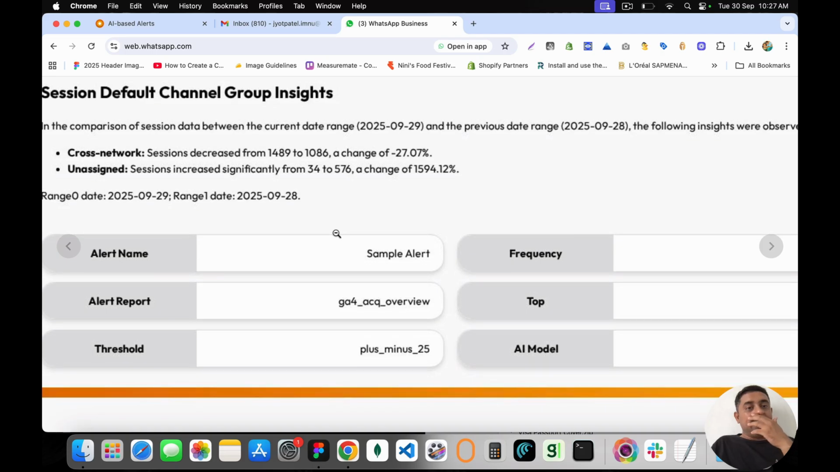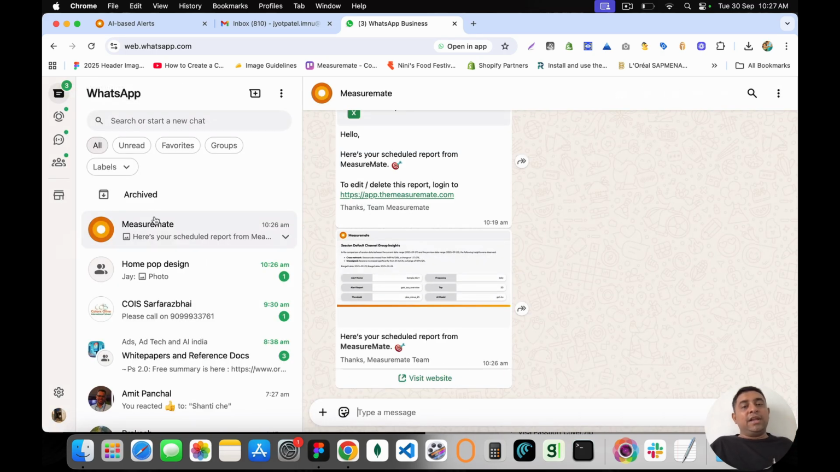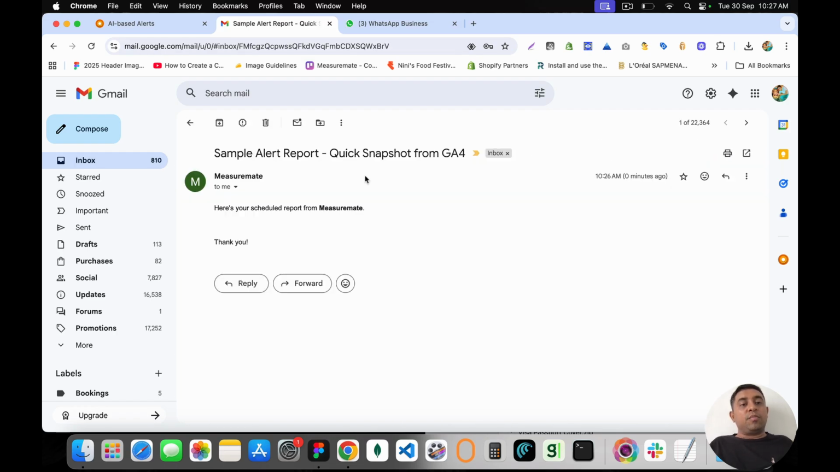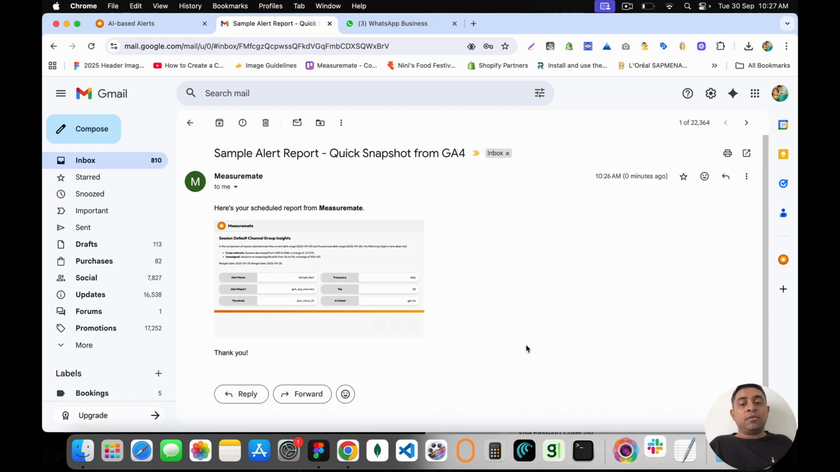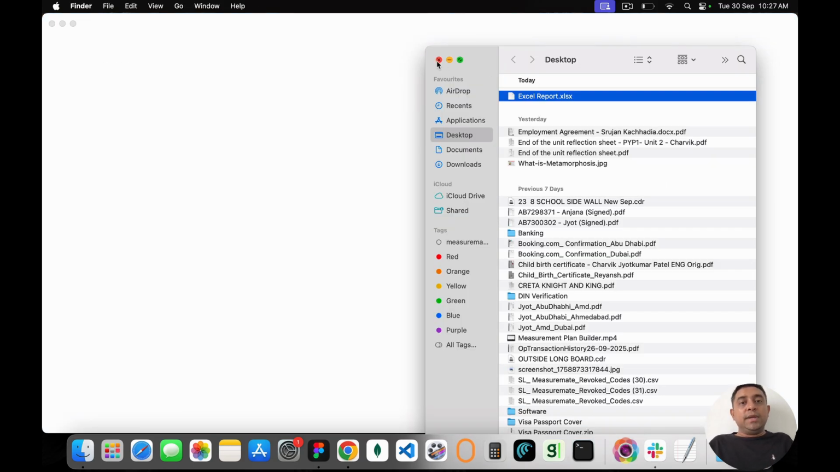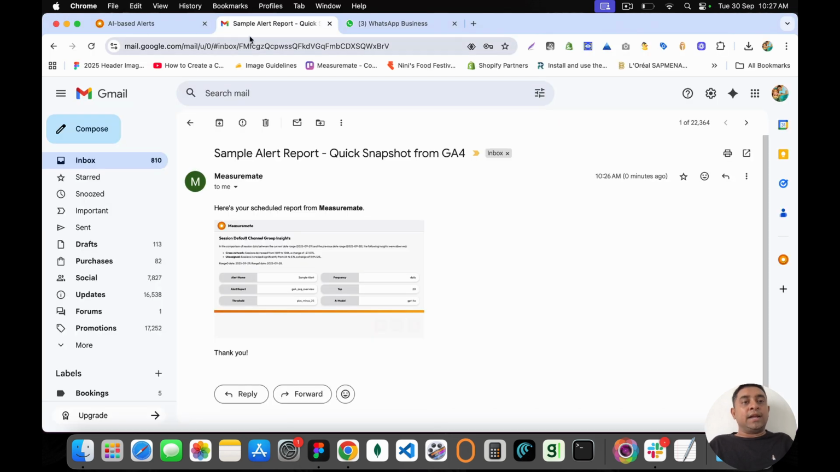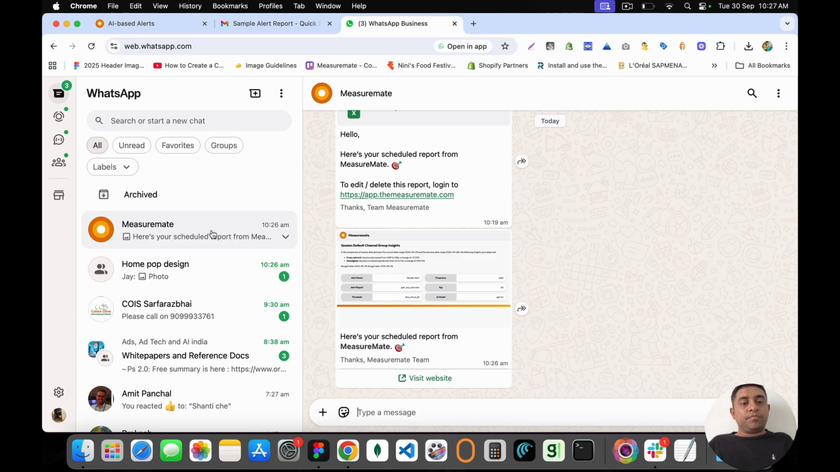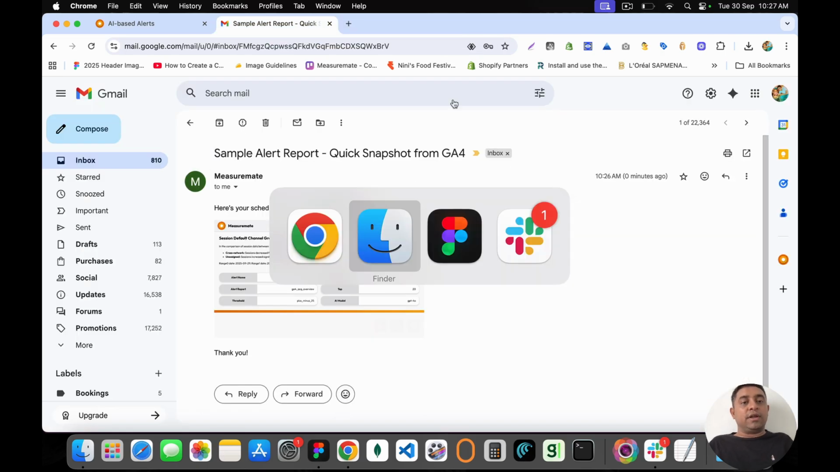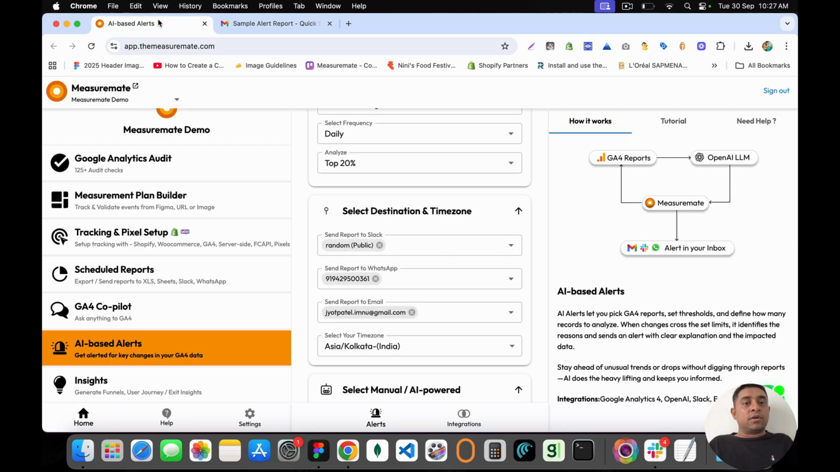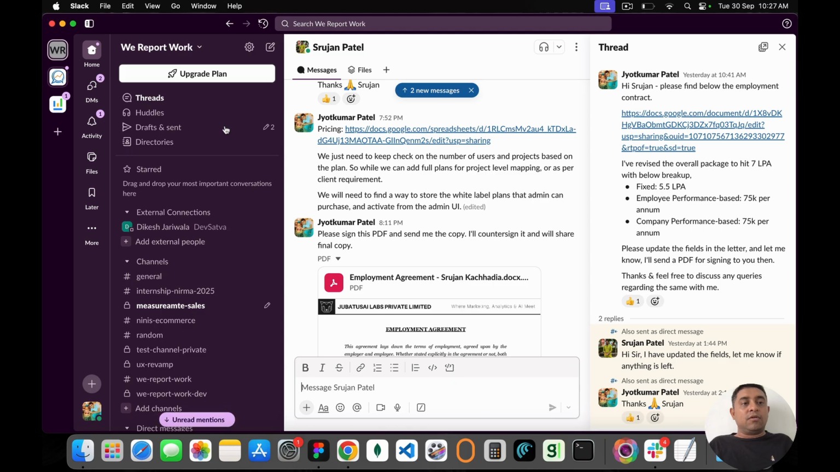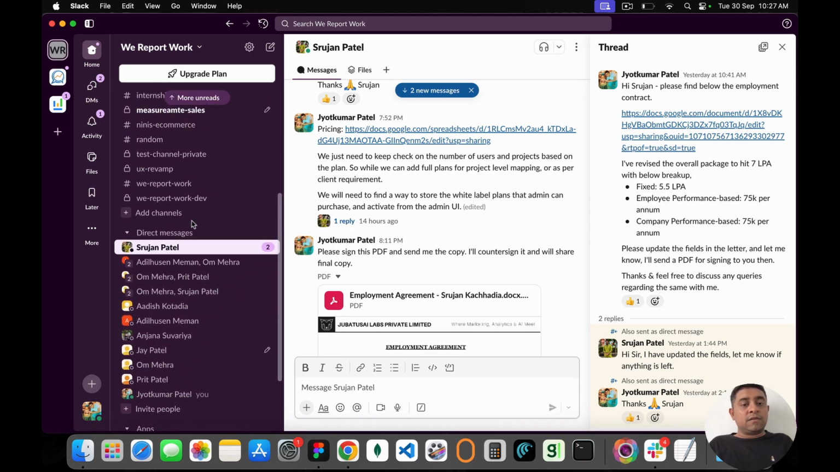So it gives you quick insights every day, which will help you stay on top of your reports, and it will also help you get alerts on your email or it could be on your Slack channels as well, right? So very simple, very intuitive to use, and you don't have to do much coding. You don't have to learn Google Analytics 4, and the way we are working on this product is as much